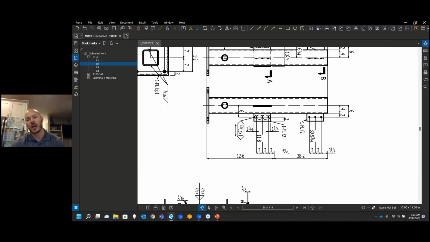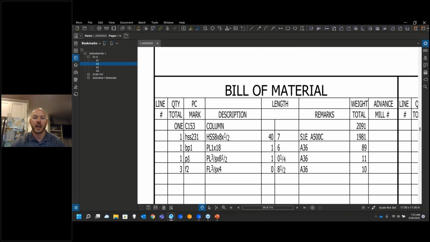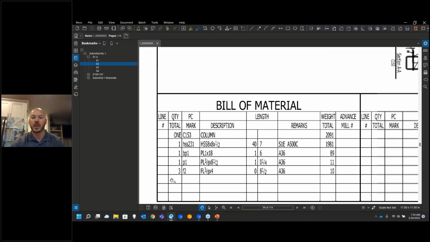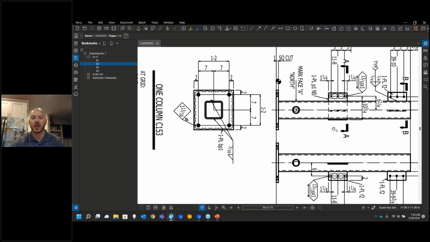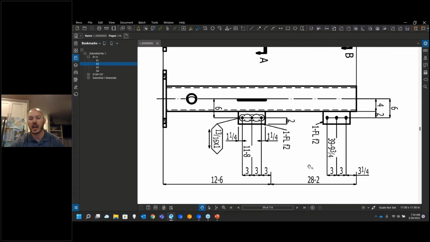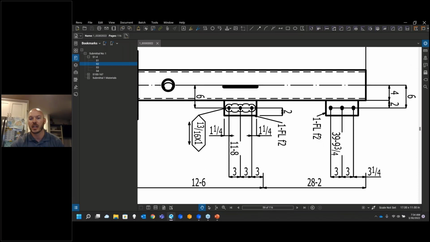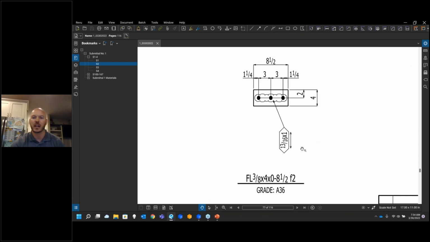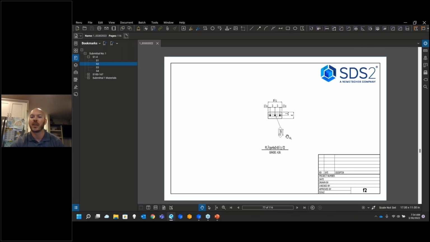And then on my details, whether it be right here on the drawing or whether I look in my bill of material, the piece marks there are all hyperlinked as well. So you see, if I wanted to find info on, say, that F2, that takes me directly to the gather sheet where you can find that submaterial drawing as well. So